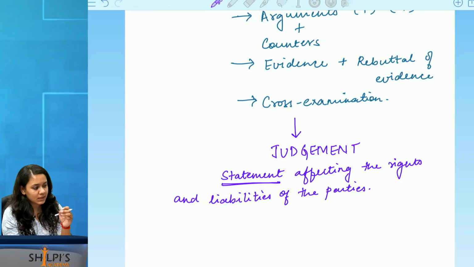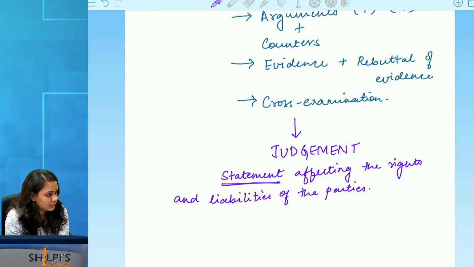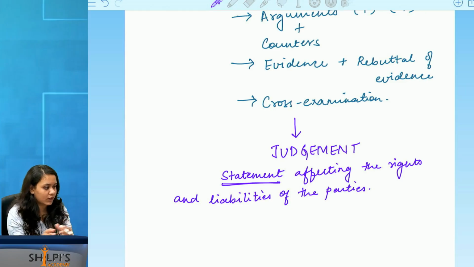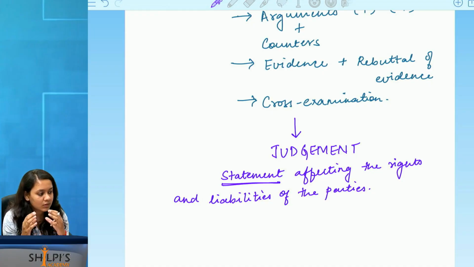So now can I say that the defendant is liable to pay up money, to pay compensation to the plaintiff? More importantly, when I say rights and liabilities, the court itself is saying, listen, this is this person's right, it got violated, you are now liable to pay up the compensation. Or they can say the right was not violated and that the plaintiff himself was harassing the defendant, and so the plaintiff has to pay up costs to the defendant.